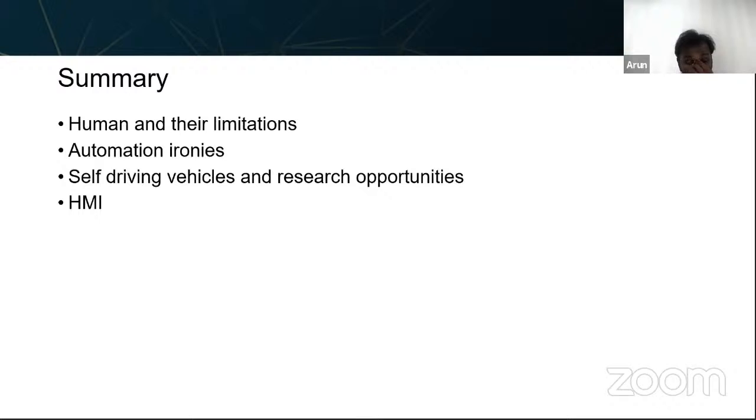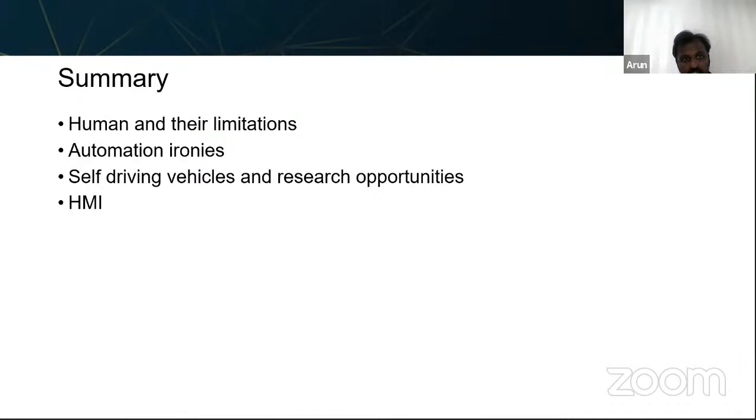Just the last bit here. As I said, humans tend to make mistakes and they do have limitations. Our systems are designed to work that way. Our brain keeps tricking us most of the time because it has to save energy. Most of the time we take decisions based on the fast system of thinking, which is basically the fast brain. But there are situations where we also need level 2 thinking so that we can have very good performance at the end.